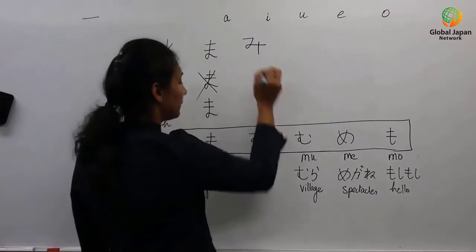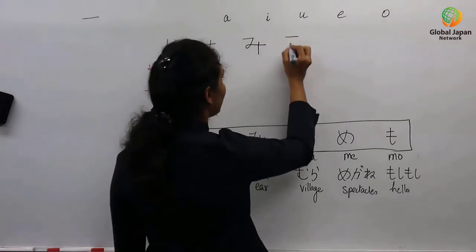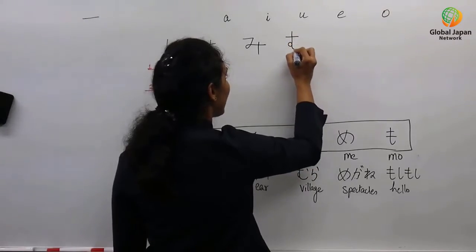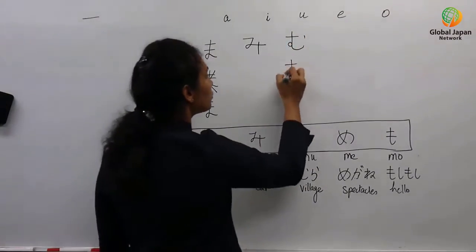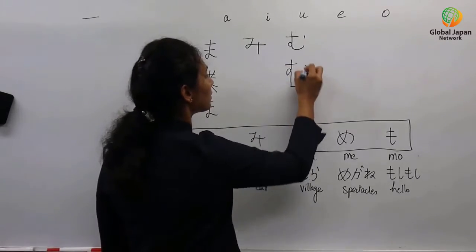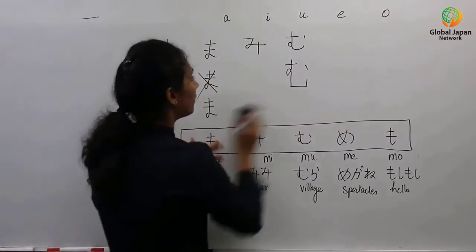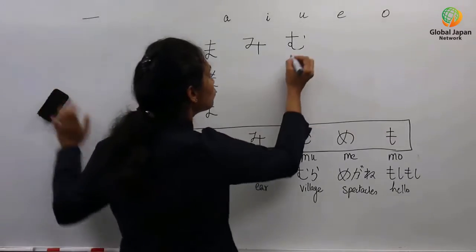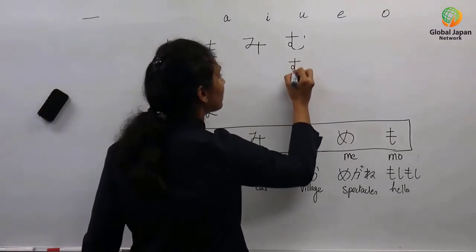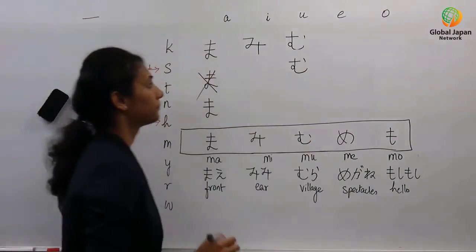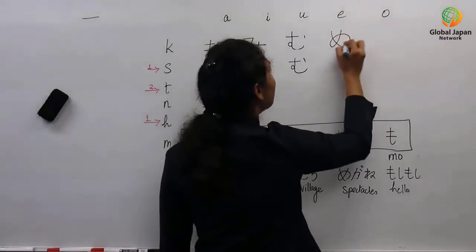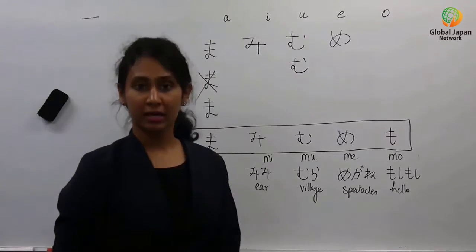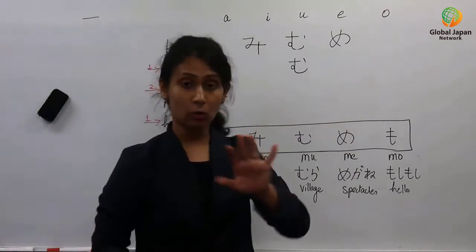That's it. Mu, one line with an L like this and a line above. It's not like this. No. It's a very smooth curve like this and a line here. Me. The letter me itself has a meaning. Me alone, if I tell